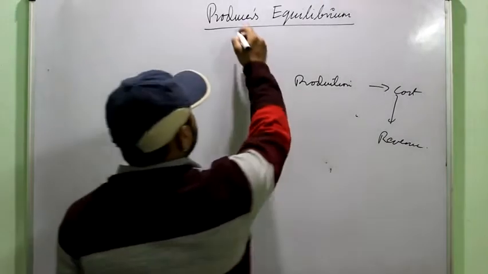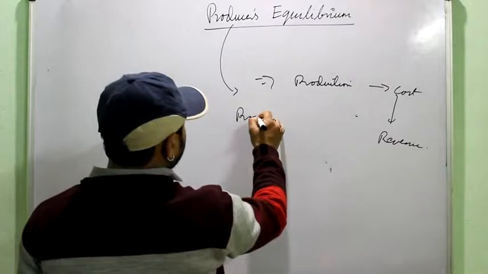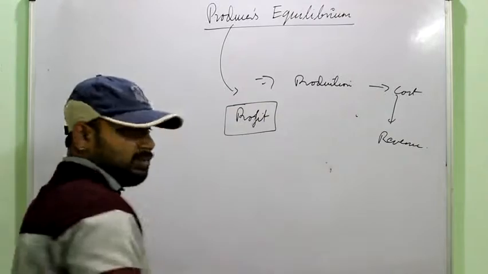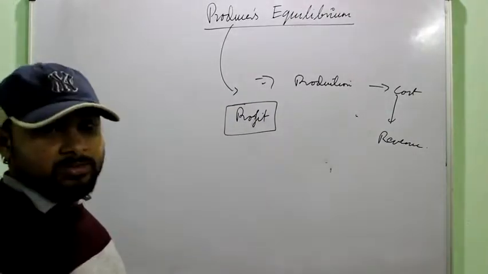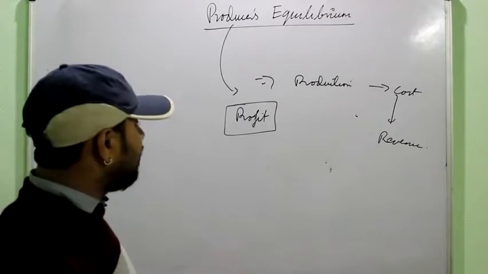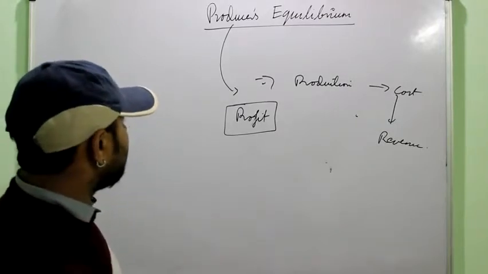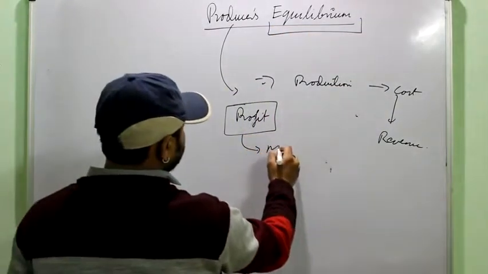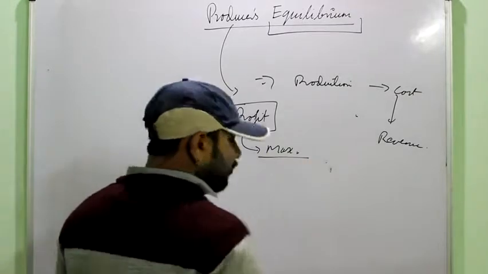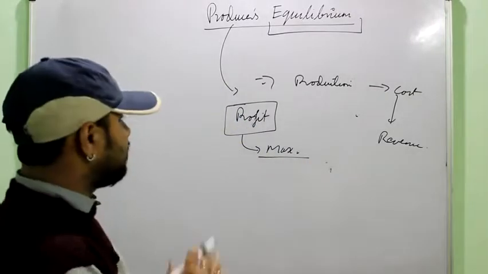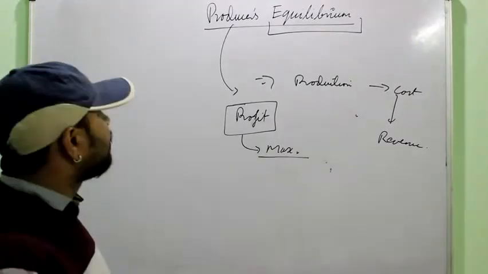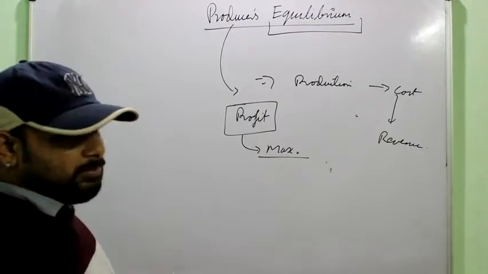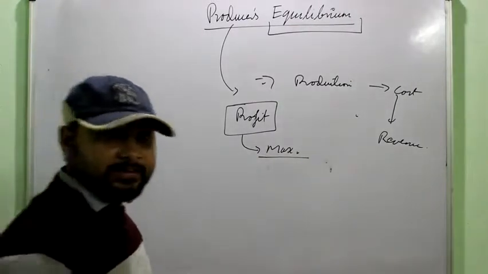So we know the objective of the producer. If you are a firm, your objective to do this production was to earn profit. Like the consumer's objective to consume a commodity was to satisfy a want. Here the objective is to earn the profit. And equilibrium, as we know, means the best possible, where it is maximum. No more chance of increasing the profit. That state for a producer is known as the producer's equilibrium. So if you have to define the producer's equilibrium, you can simply define it as a situation where a producer maximizes his profit.